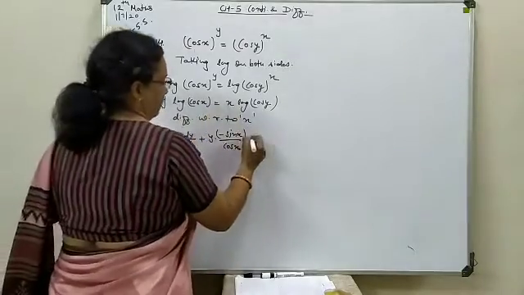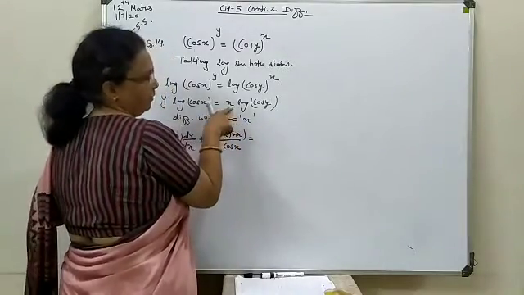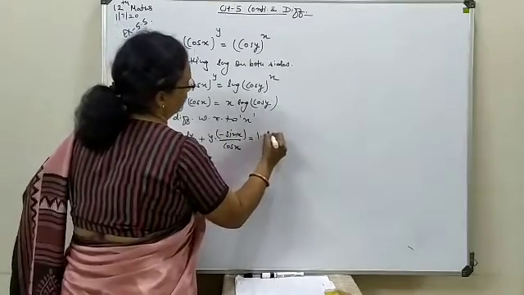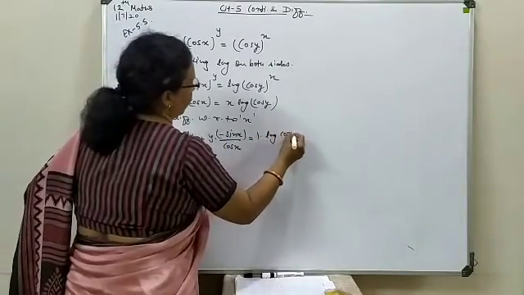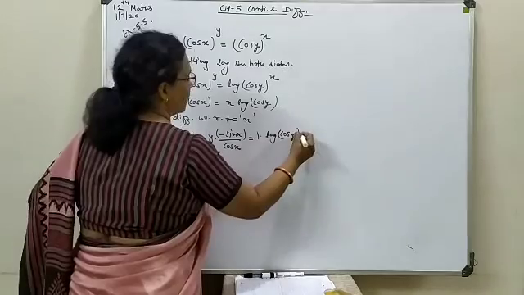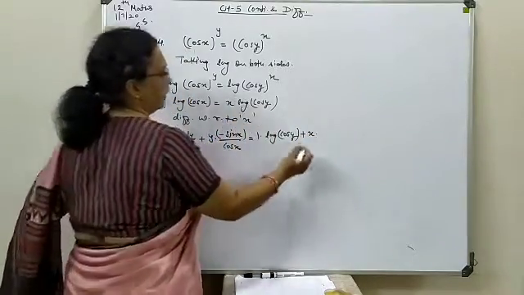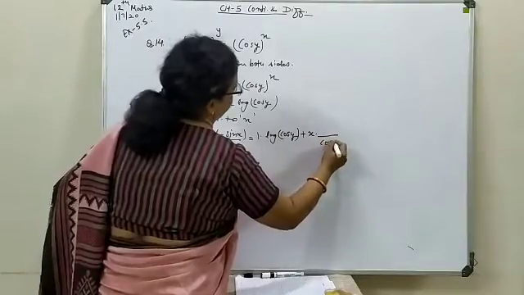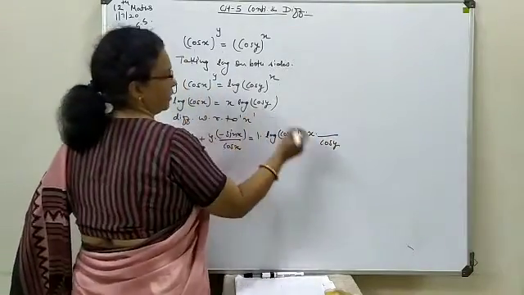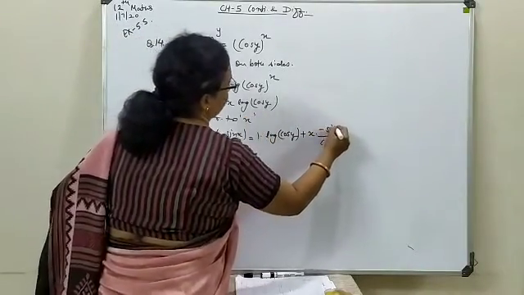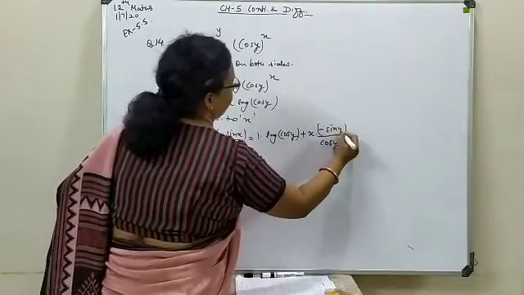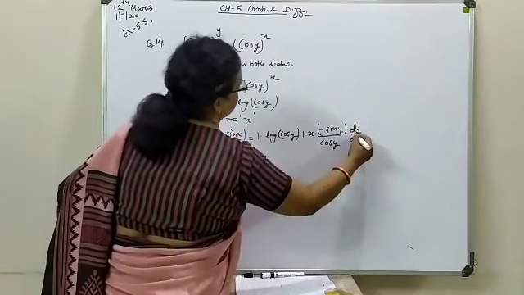Come to the right hand side. Here derivative of x will be 1, so 1 into log cos of y. Next to that, x you keep as such. Derivation of log cos of y means 1 upon cos of y. Derivation of cos y is minus sin y. And as you are dealing with the y term, dy by dx also we have to write.